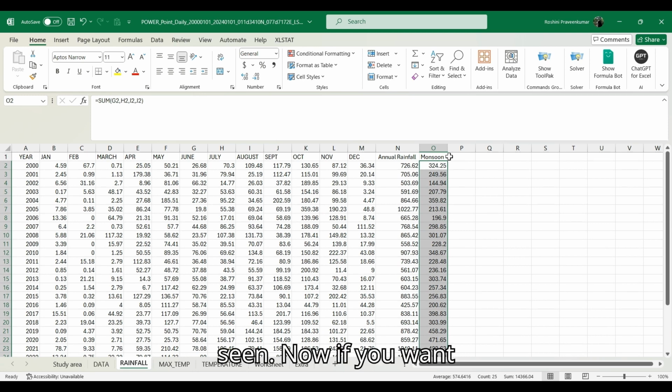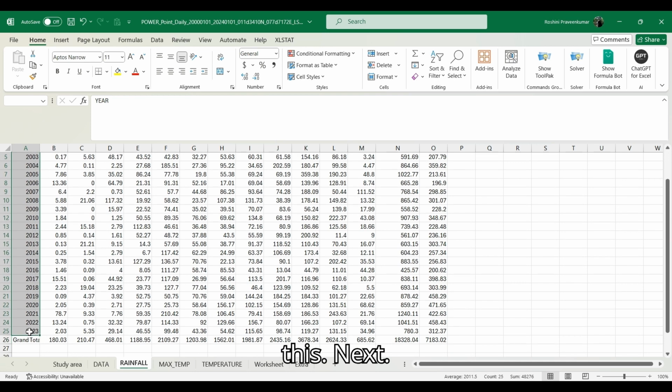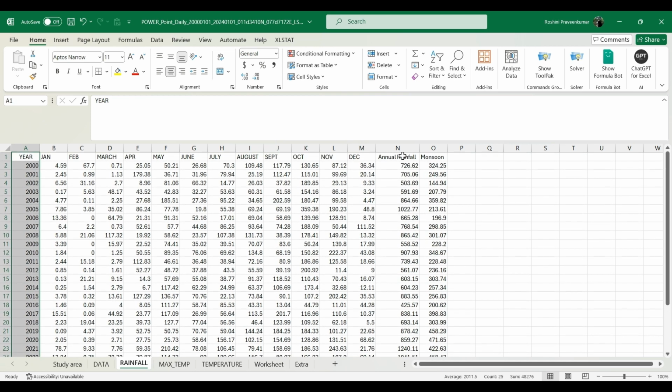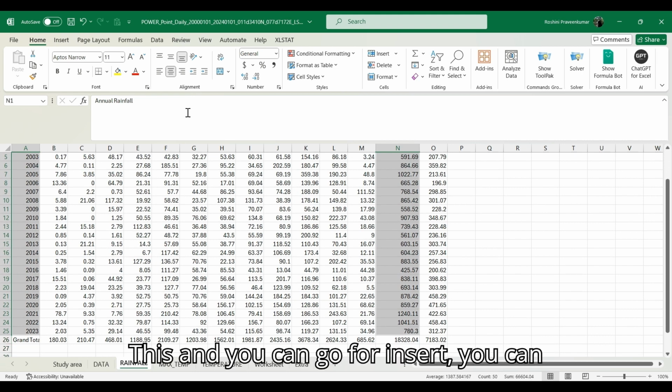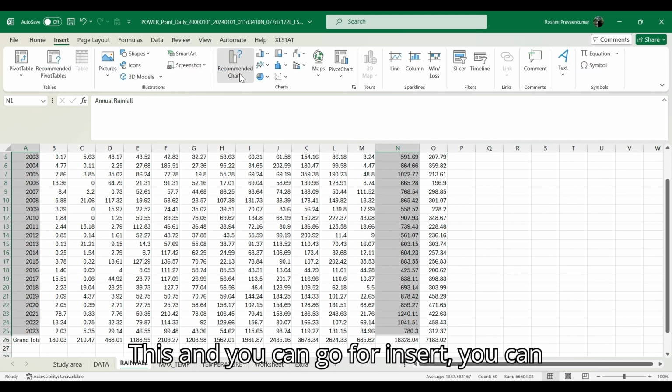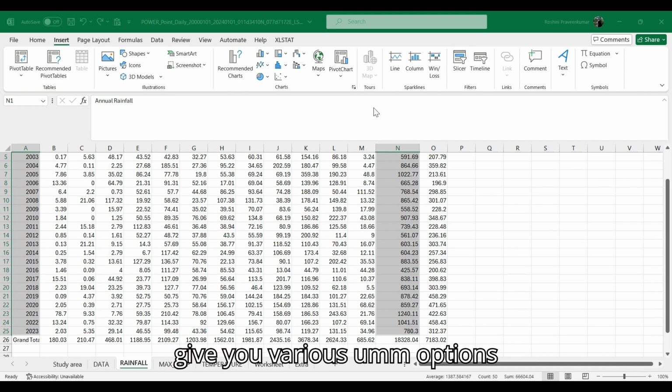Now if you want to see the trend of your annual rainfall, you just need to select this, next, control select this, and you can go for insert. You can go for recommended charts, so it will give you various options.